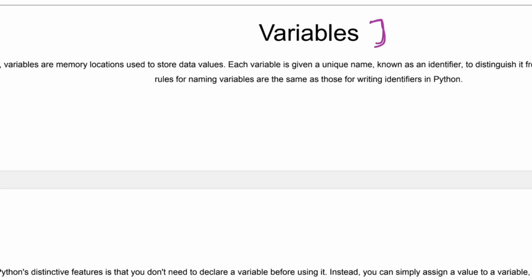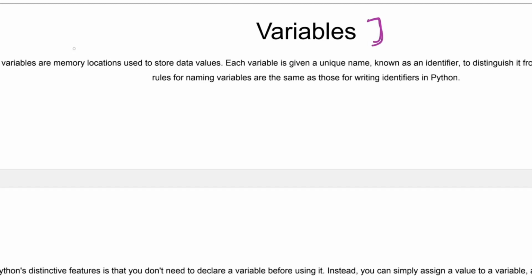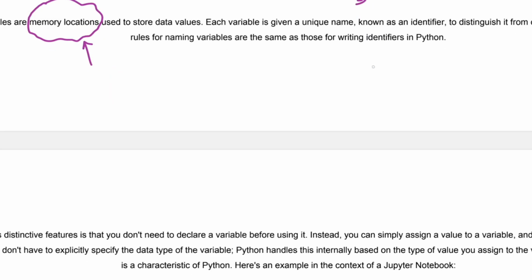What is a variable? So in Python, variables basically are memory locations. They are just used to store some data. For example, everything in the computer is basically stored in computer memory. There are a lot of types of memory: secondary, primary, there is RAM, registers, cache and stuff like that. So usually in the primary memory, these memory locations, so if I have to store, for example, my name, this